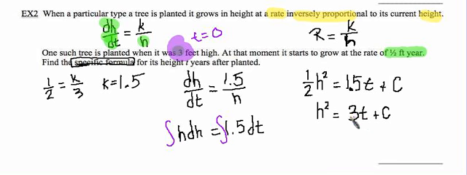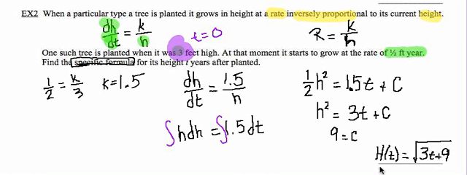So if I plug in 0 here and 3 there, we find that c is equal to 3 squared, or 9, which then gives us the following function that will give us the height of the tree if we are given the time in years after the tree is planted,